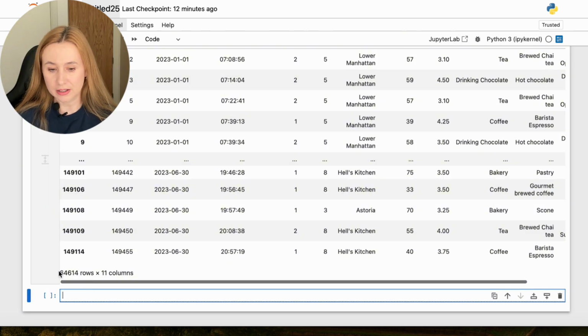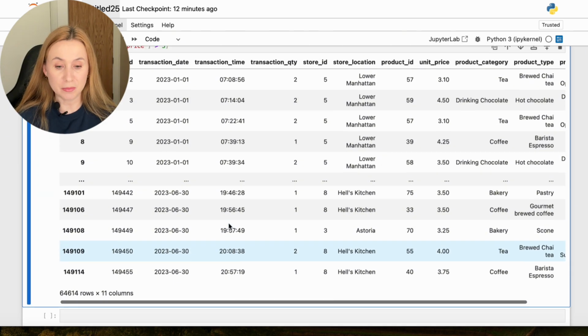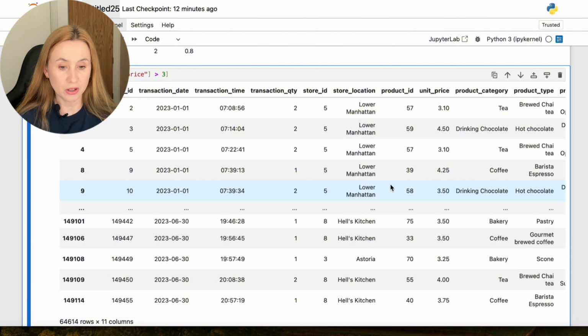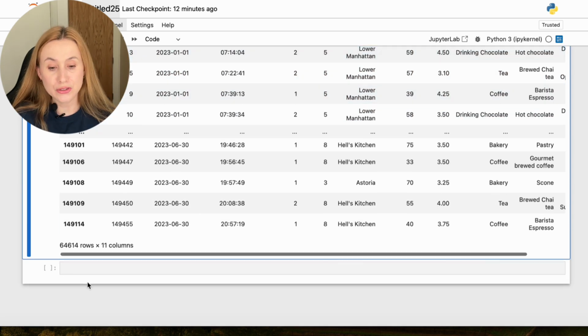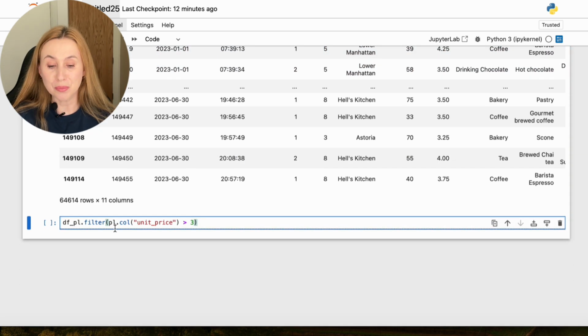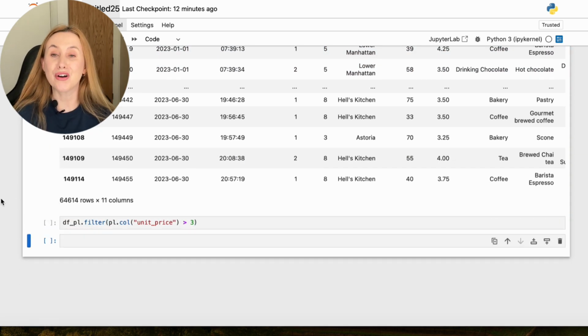Let's run it. Again, at the bottom you see the shape, number of rows and columns, we get all our columns, and if we check unit price you can see that all the values are greater than 3. And let's do exactly the same with polars. So it will be the name of our data frame